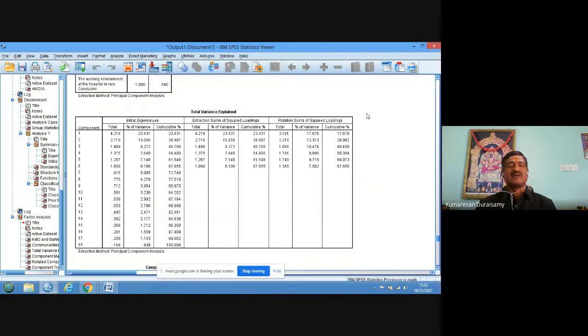Total statements we have considered, or factors considered, 18 factors. Here it says that only 6 factors have eigenvalues greater than 1. But why rotation is made is, what about the remaining factors? We cannot leave the remaining factors, no. Remaining 12 factors are there, so they should also be included. That is why it is rotated.